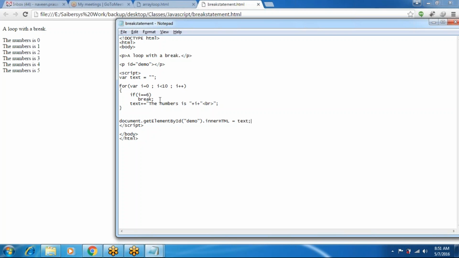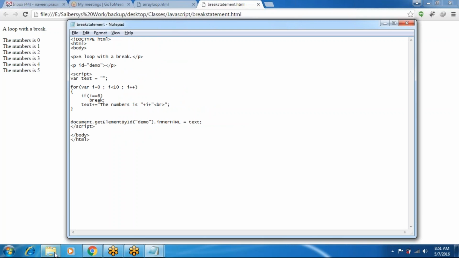Where i equals 6, the loop breaks and continues to the next statement. The cursor goes to the next statement. So the next statements are not executed after 6 if you use a break.